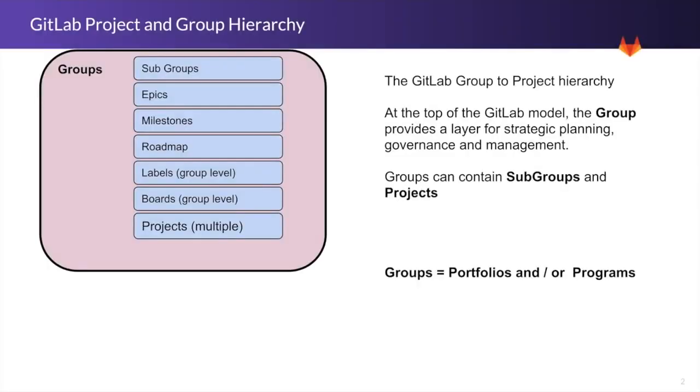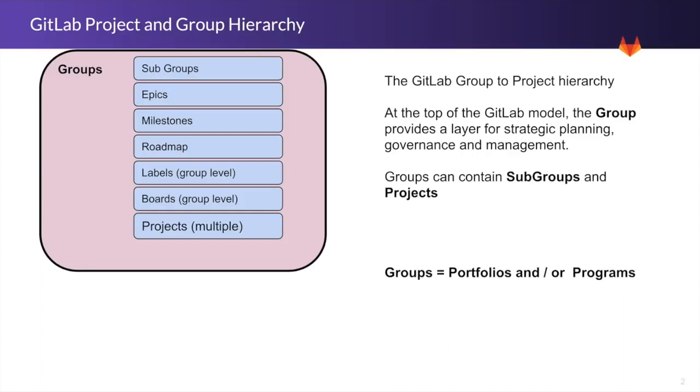When we take a look at the structure of GitLab, we have groups and projects. Groups will be at the highest level, so you'll have one group as the parent group or the umbrella group, and then there'll be subgroups that can fall underneath that. There could be subgroups under those subgroups, but when we're looking to do Agile at this top layer,